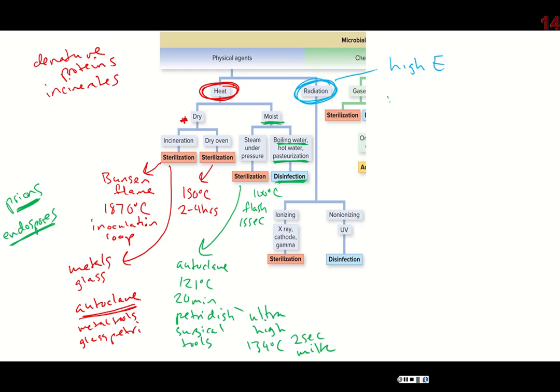So not regular light. Okay, regular light is something that is visible to us, right? Visible to our eyes. And the wavelengths of that type of light is not considered very harmful. Electromagnetic waves that are even less energetic than light would be something like radio waves. You can look it up, but regular light is not going to be harmful. So we're going to look at higher energy such as UV light,